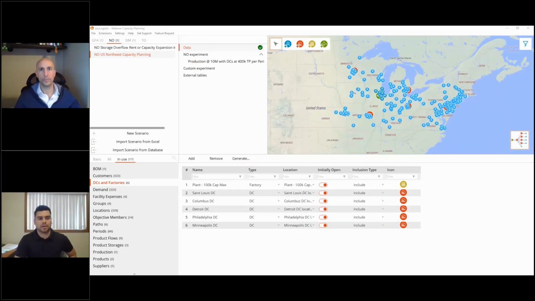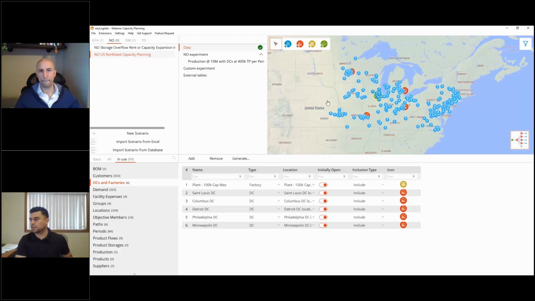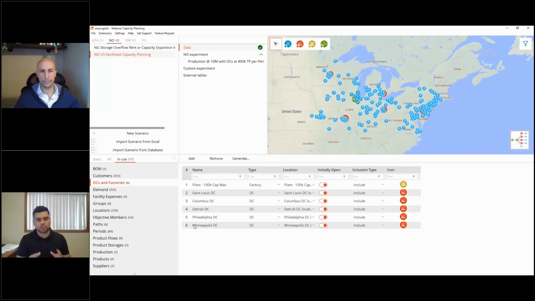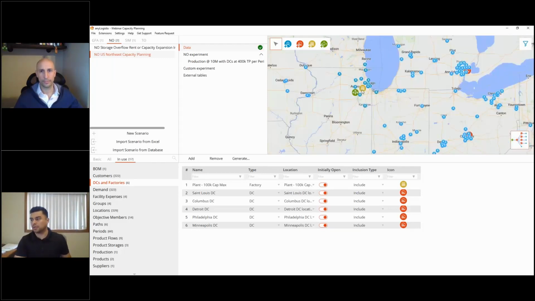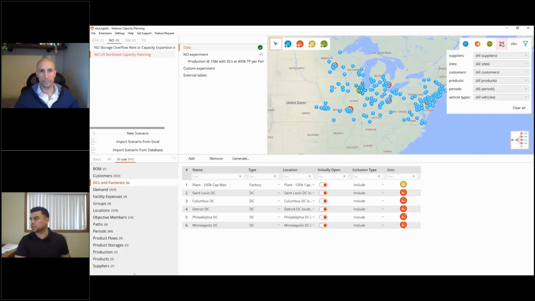So I'm going to give you a little bit of background of what's going on here. Here we have a supply chain in the Northeast, and the storyline is that we're selling this copy machine in the Northeast. It's quite popular. They've established a headquarters here in Chicago. I'm going to show the connections.